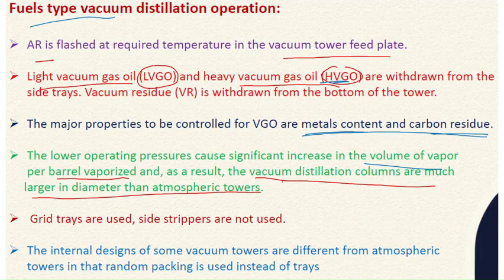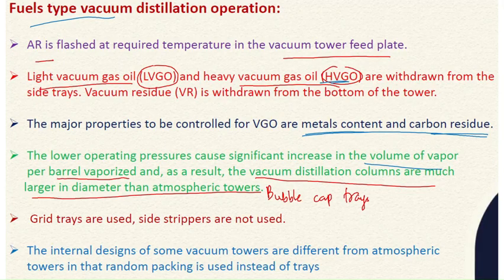So in the vacuum distillation unit, due to the lesser pressure, a huge amount of vapor gets formed compared to the atmospheric distillation column. That's why the diameter of the vacuum distillation column is larger than the atmospheric towers. Okay. So in the atmospheric distillation towers, we basically use bubble cap trays, which are the most